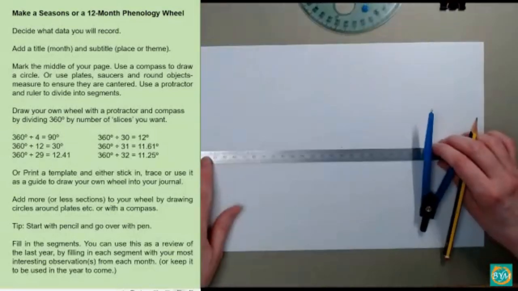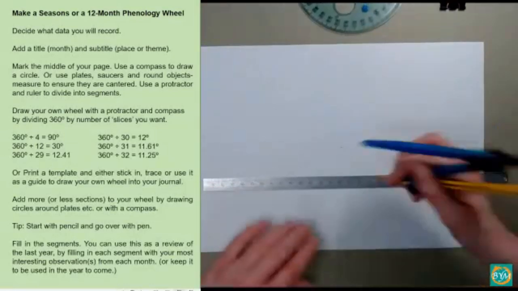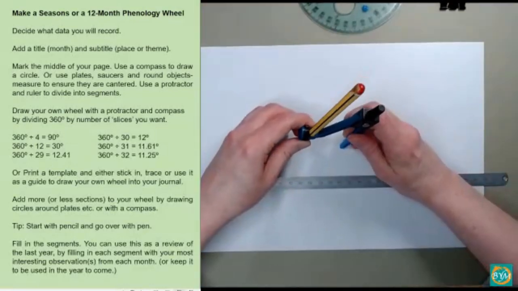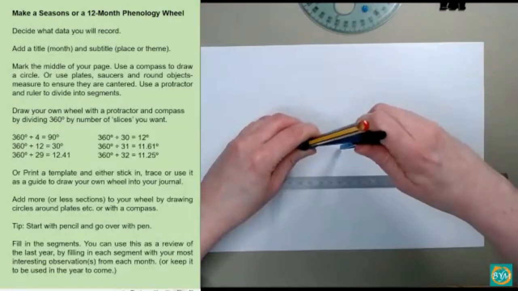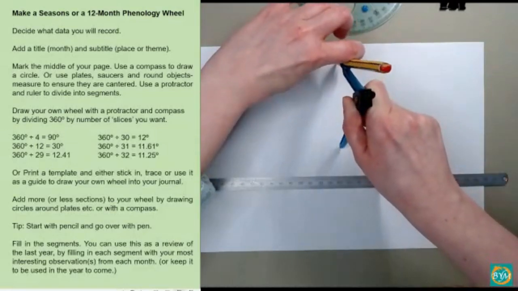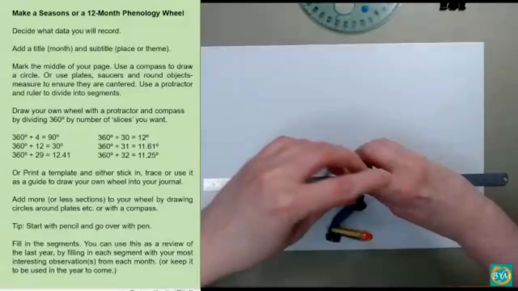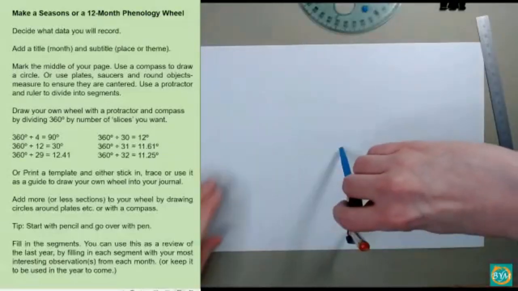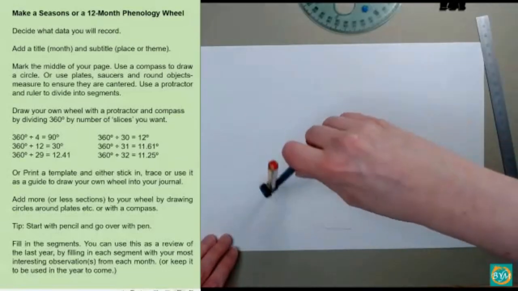I'm not going to worry too much about that way for this example, but I would also find the middle. Then I would get that to how big I want my circle to be on the page and draw